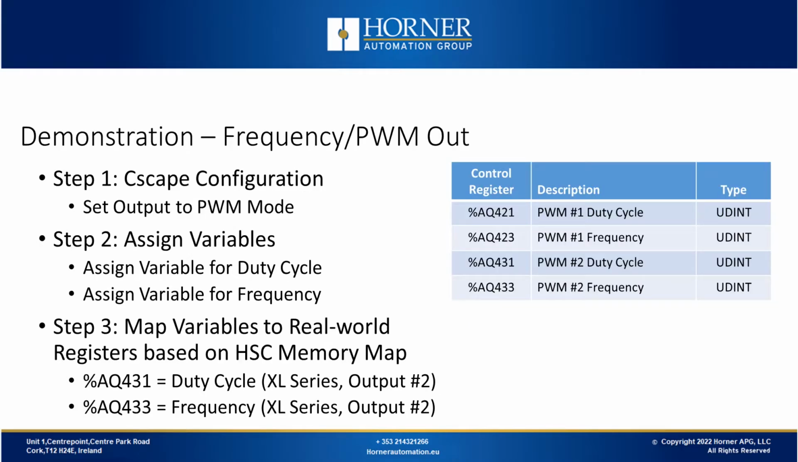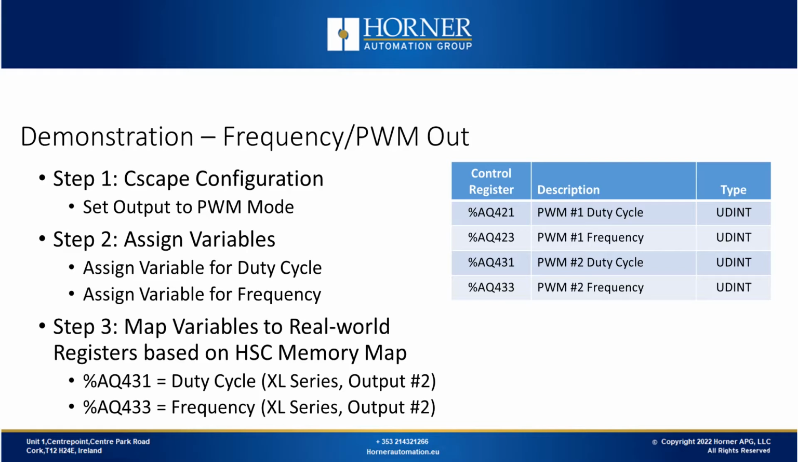Next, we're going to do a demo of frequency output and of PWM output. The first thing we have to do is go through the Seascape configuration process. Then we will assign variables for the duty cycle and the frequency. Finally, we will tie those variables of duty cycles and frequency to the specific analog output registers that are allocated for that high-speed output. For high-speed output number 1 on an XL7 I'm going to be using for my demonstration,